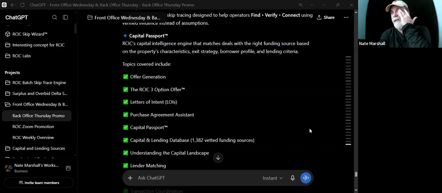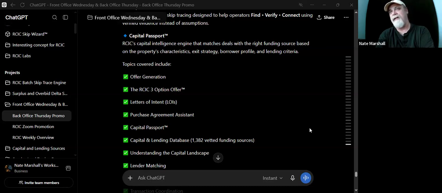I put a 275 page update into surplus and overbid the other day. They only give you so much room. There's almost 12,000 pages in RCIC Core, so eventually you just can't put much more; it starts getting too much stuff in there. So I try to separate them, but everybody works off Core, which is the main one, and then the other